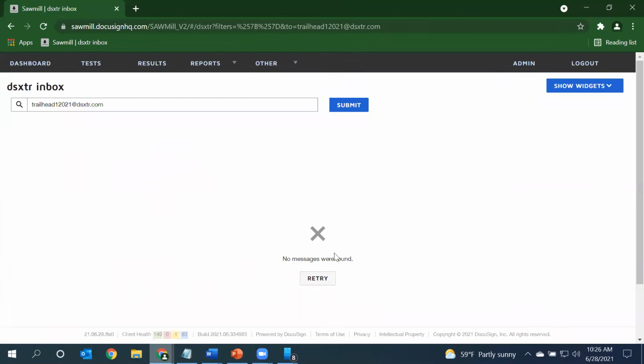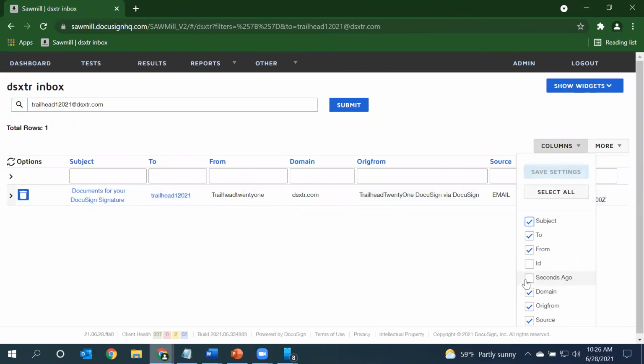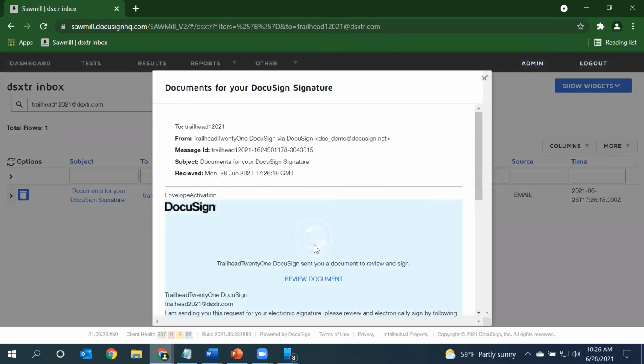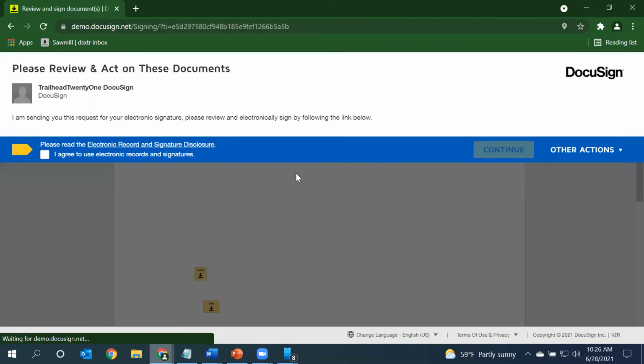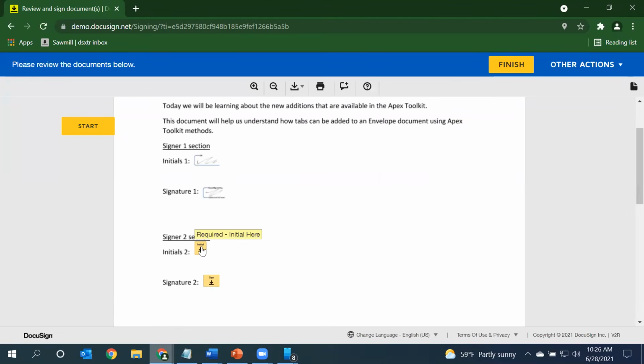Opening the email context for signer 2, you see 9 seconds ago, immediately after signer 1 completed the process, signer 2 receives the notification. They can review the document. And you'll see now the tabs for signer 2 are automatically placed in the correct position according to the anchors that we specified.